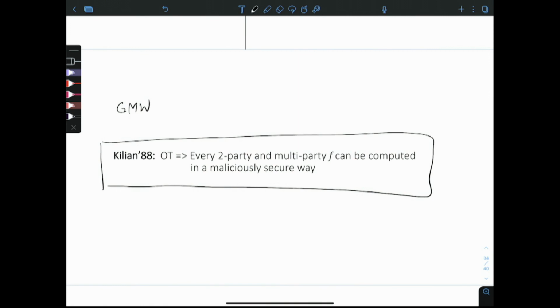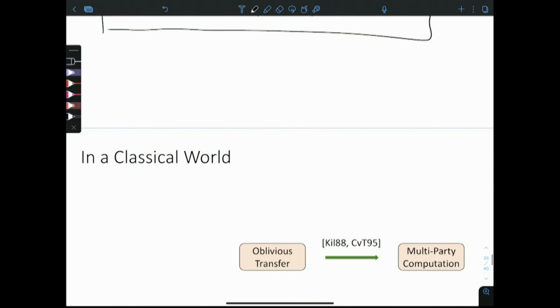And what I mean by black box is Alice and Bob just get access to OT black boxes into which they can feed their inputs and get outputs out of them. Now, the reason this is super interesting is because this establishes OT as the foundation for all of secure computation of arbitrary functionalities. And just to give you a sense of how we know to realize these tasks in a classical versus a quantum setting,